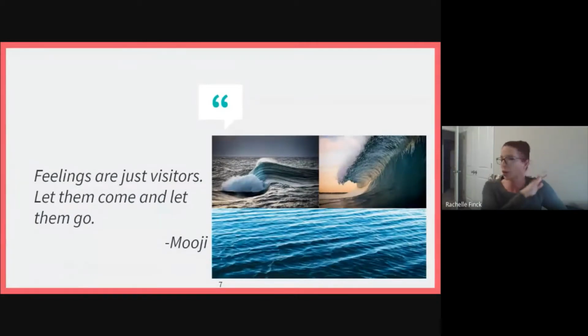And no matter what happens, it can either do one of two things. It can hit you from behind and completely knock you forward. And you're like, I don't even know where that came from. I don't know what this is about. I don't know where this just came from. But I'm definitely feeling a really big feeling. And there's other times where you know it's coming, but you didn't know it was coming that heavily or that